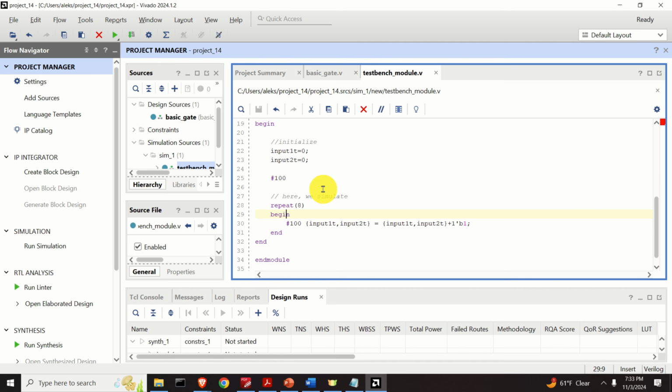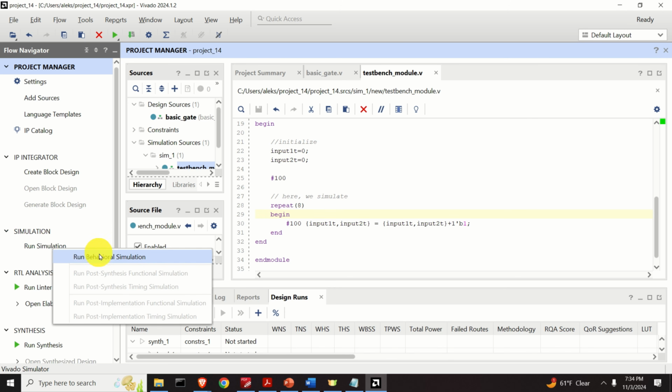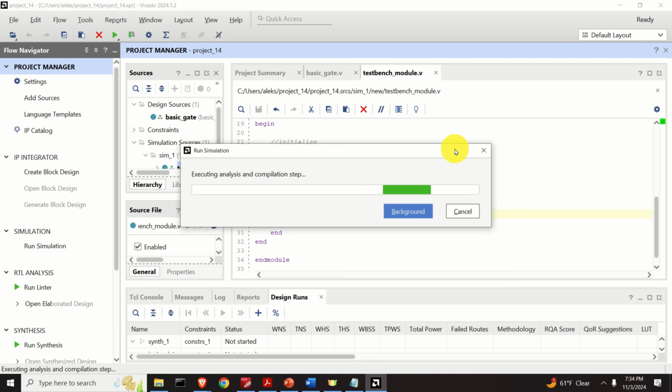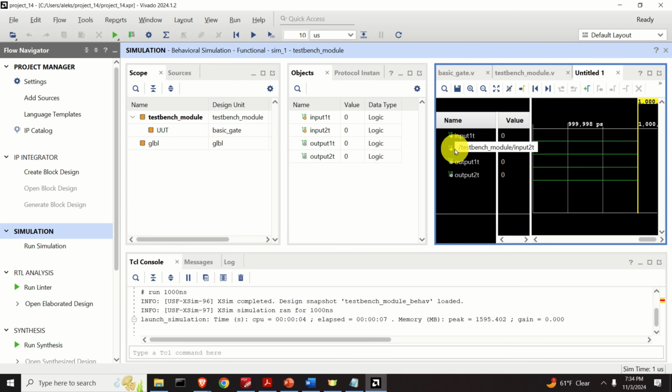Let's save the code and let's run this simulation. Okay, to run this simulation, locate under Project Manager Simulation, expand Simulation, and click on Run Simulation. Then click on Run Behavioral Simulation, and now the simulation is being executed, compiled, and let's see the output. Okay, so let's see what happened over here. This is our time diagram. So let's expand this window,